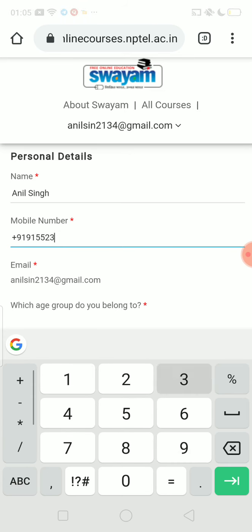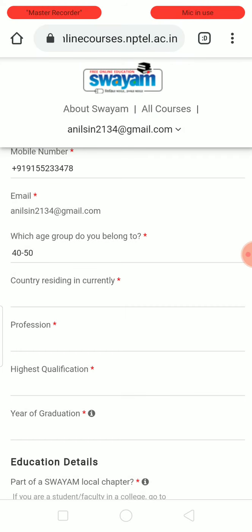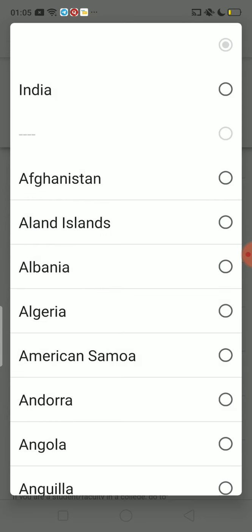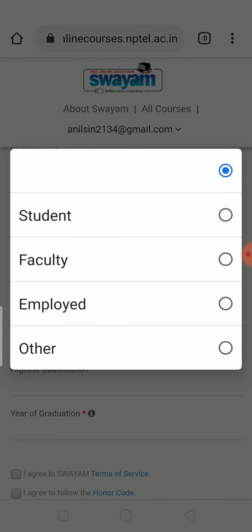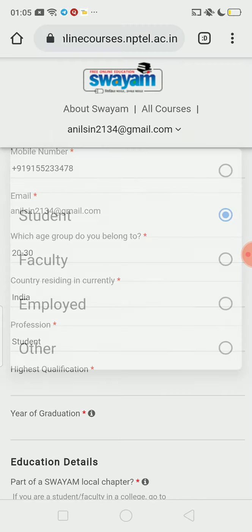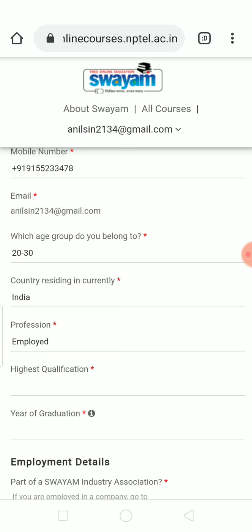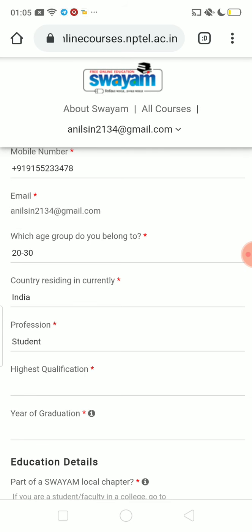Country of residence, India. Now I'll fill in my profession. You can fill in your profession, whether you're a student, faculty, or employed. As I'm employed I would fill employed, but as you all will be students, I'll take student as the example so that it is easy for you as a reference.